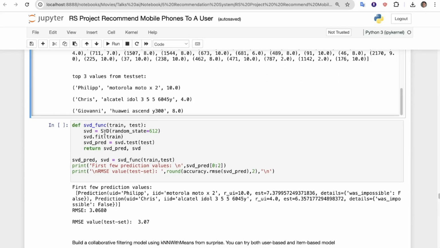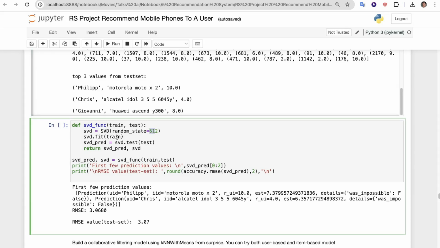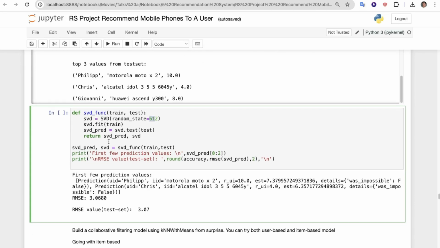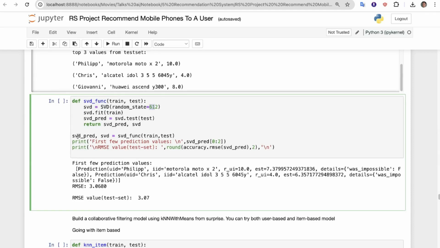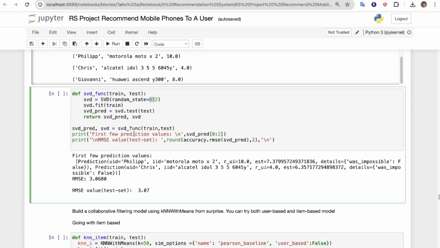Now defining the SVD function train_test: SVD with random state 612, SVD.fit of train, SVD prediction, SVD.test of test, and returning the SVD prediction. So SVD_prediction, SVD equals SVD function train_test, printing the first few prediction values. Now the RMSE value on the test set, so round accuracy.RMSE of SVD prediction up to 2 digits. Here you can see the first few predictions, and if we get the RMSE,